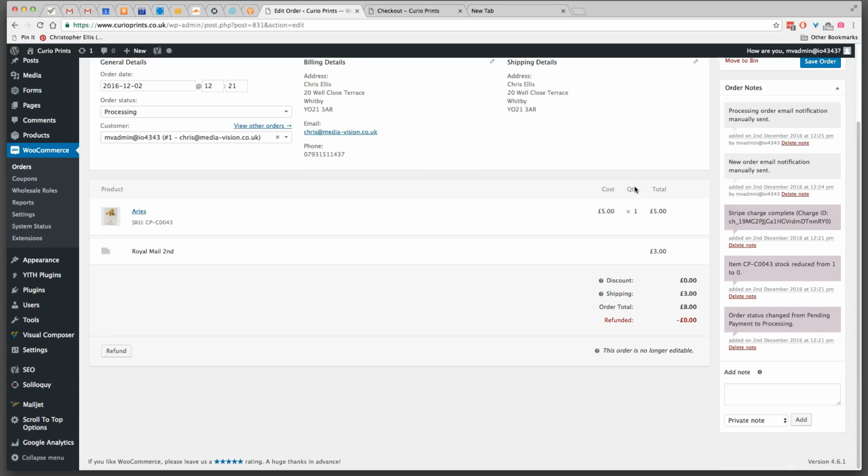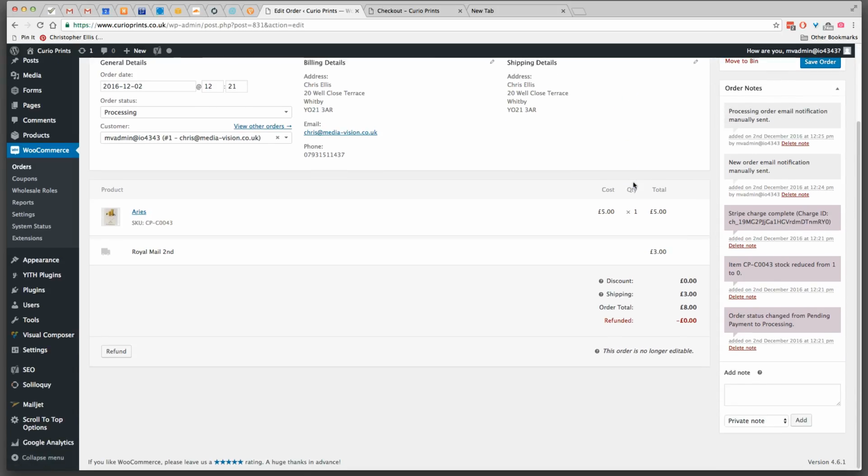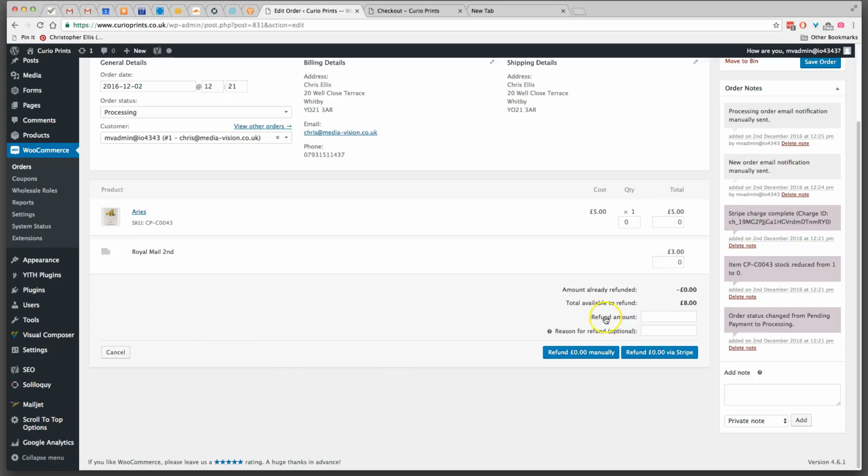So let's refund that. So there's a button here when it's paid with by Stripe. You can go to refund and you can refund via Stripe. So you can refund any amount that you wish. Let's refund the full £8. And reason for refund,